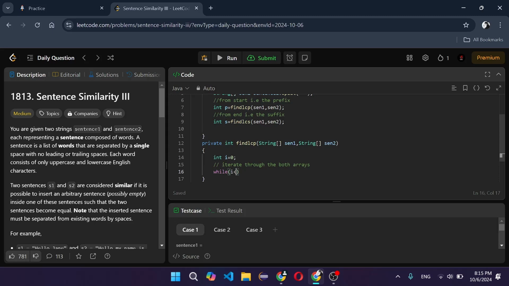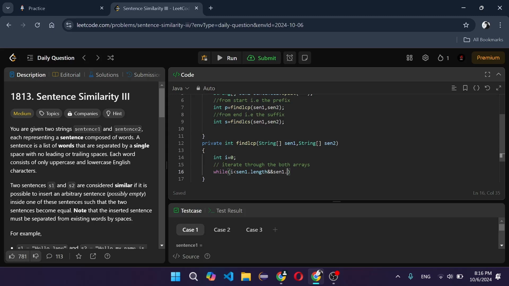Sorry, once again I missed words1 instead of sen1.length. It should be words1.length, and sen1 of 0, no, sen1 dot